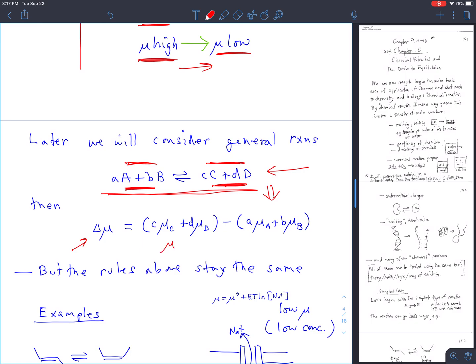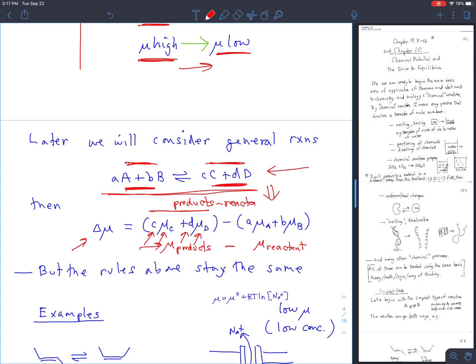And then what you want is the chemical potential, the effective chemical potential for the products as a whole, not for any one species, but for all the products, and likewise a chemical potential for the reactants. And it's the difference between those two that should be the driving force in that case. And we will see that this effective chemical potential for the products is just the chemical potentials of the individual species weighted by their stoichiometric coefficients. This is products minus reactants